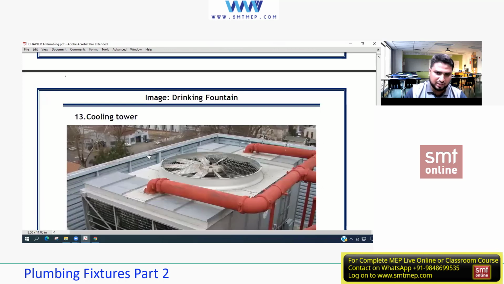Next is what? Cooling tower. Okay, I forgot one thing in the very first session. I'll say you something. We have just discussed what is plumbing. Can anyone say what is plumbing? I said you plumbing is something which conveys water, which needs exchange of water, and it can serve multiple applications. Yes or no? It might be any kind of application. Yes. I said you, plumbing is something, right?